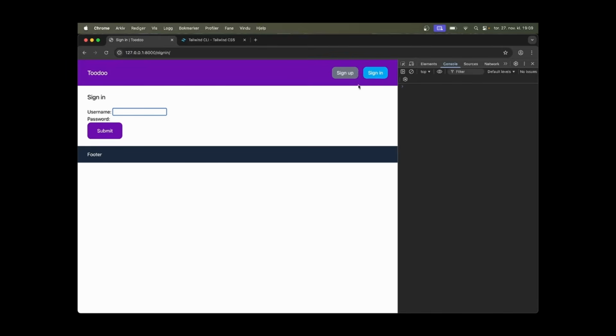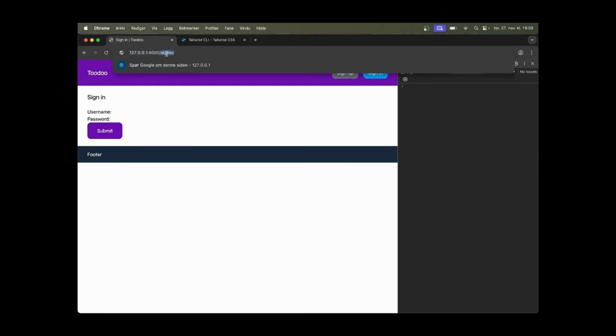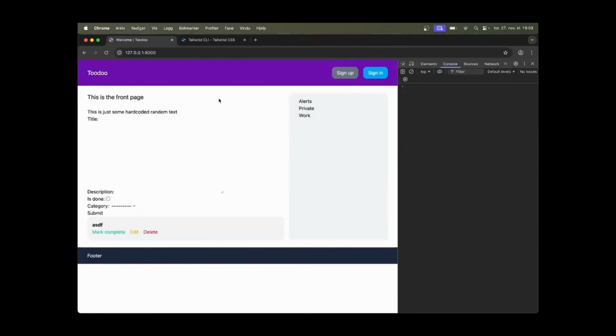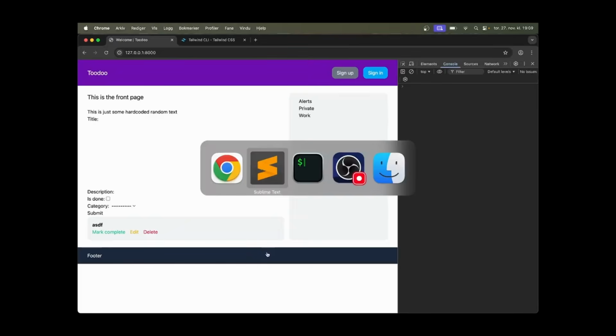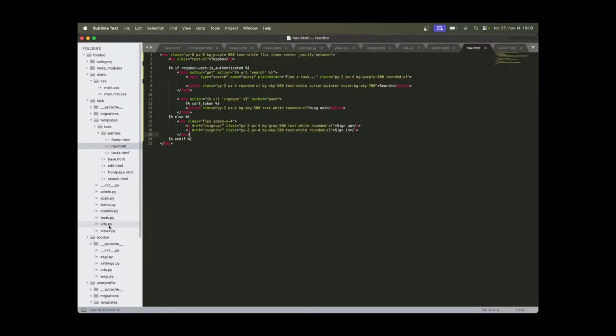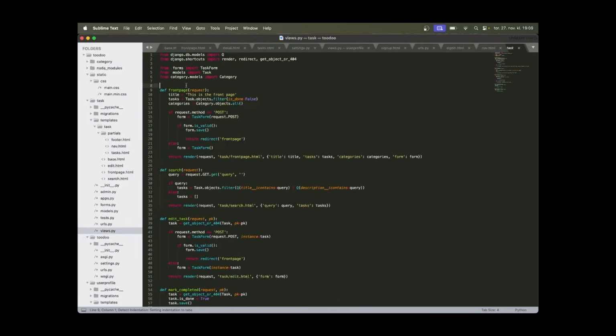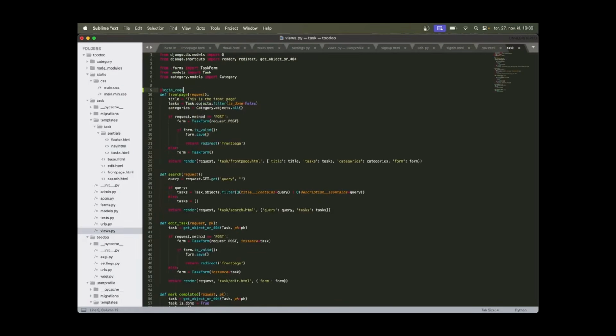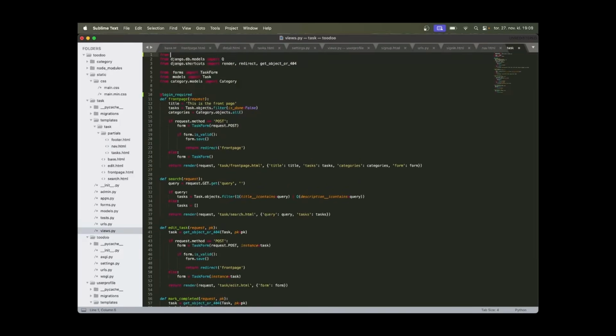So now we actually have everything that we need for authentication. We can sign up users, we can sign out and sign in. If I try to visit the front page now, we should not see this because we are not signed in. And to do this, we just go over to task views.py, and at the top here we can say login required. This is something that we need to import from Django. So from